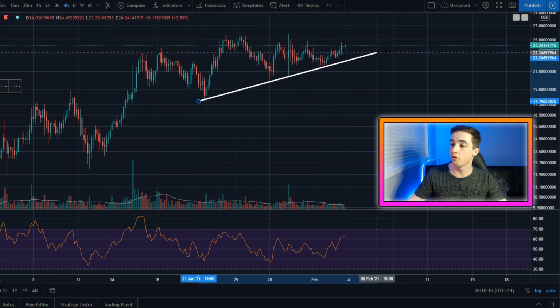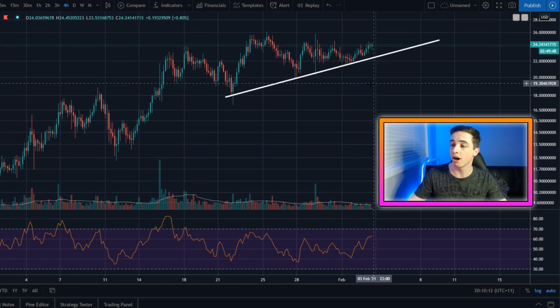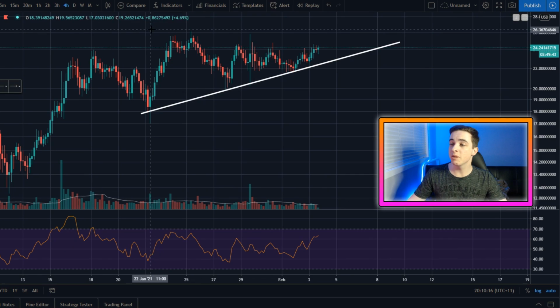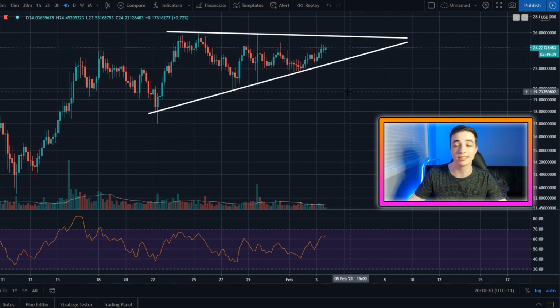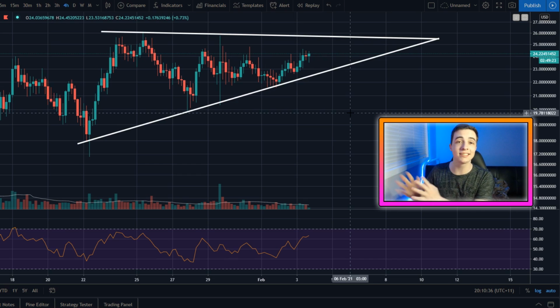Chainlink is currently forming higher lows on its chart, as you can see here, and it seems to be forming a similar pattern to what Ethereum has been forming over the past few weeks. Chainlink is potentially forming this ascending triangle pattern, which once again is a bullish pattern. This pattern has about a 70% chance to break to the upside and about a 30% chance to break to the downside. So it can still break to the downside, don't get me wrong, but it's much more likely to